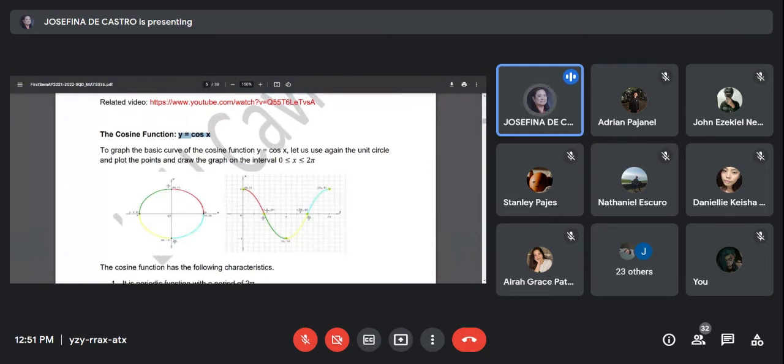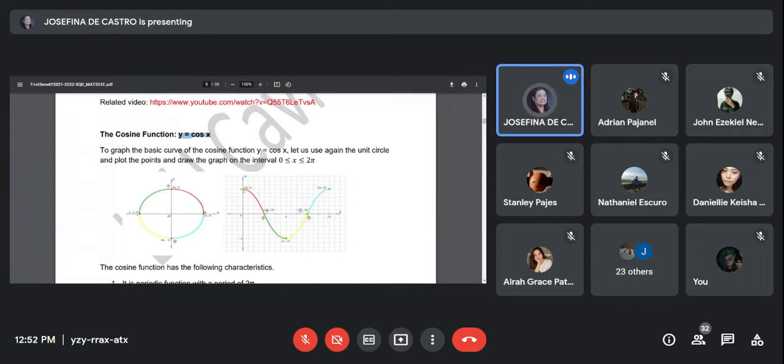Okay? And then, pagdating sa fourth quadrant, yung kulay blue, ito, from 270 balik to 360, yan. So, positive naman ang mga cosines dyan. Cosine 300, cosine 310, cosine 320, mga positive values ang y doon. Kaya nandito ka uli sa taas. So ito ang itsura ng y is equal to cosine x. Yan ang basic curve. And if you will notice, unlike kay sine na nagsimula kay 0, 0, pagdating kay cosine,